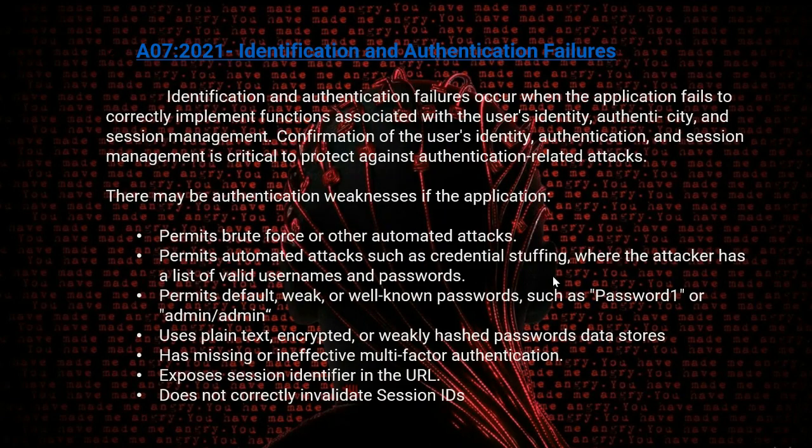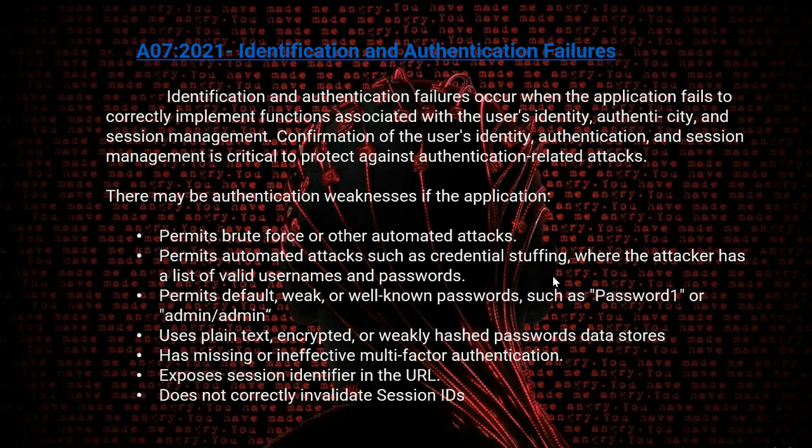Next comes identification and authentication failures. Identification and authentication failures occur when the application fails to correctly implement functions associated with the user's identity, session management, and confirmation of the user's identity. Authentication and session management are critical when it comes to protecting against authentication-based attacks. So there may be an authentication weakness